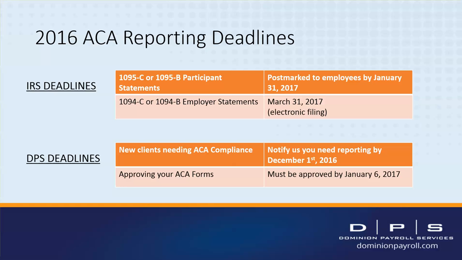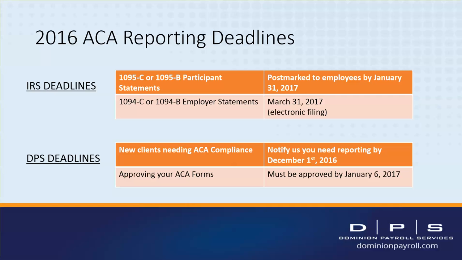2017. So you might remember that January 31st was the original deadline from last year before we got the extension until March 31st. We want to let you know there will not be an extension this year. January 31st, 2017 will be the true deadline at which you need to postmark those 1095B statements to your participants, and your participants are your employees. So you need to have those forms from us, and you need to either postmark them by January 31st, 2017, distribute them. There needs to be proof that you have tried to get them to your